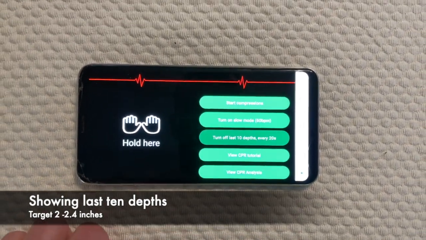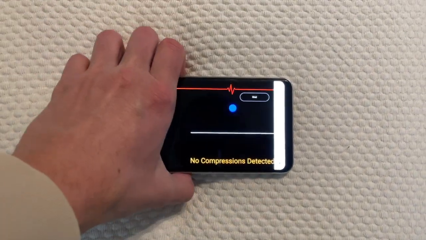Finally, the user can enable last 10 depths mode, in which the user is periodically presented with the depths of